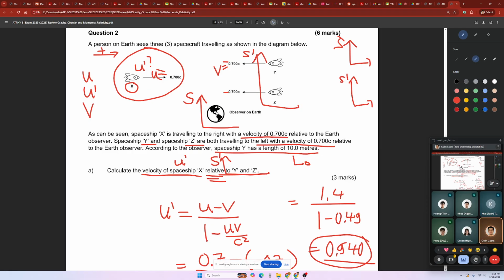So we have a length contraction means the length of Y at 10 meters is not going to be seen as 10 meters for X because X experienced the greatest velocity and the greatest velocity closest to the speed of light. So Y